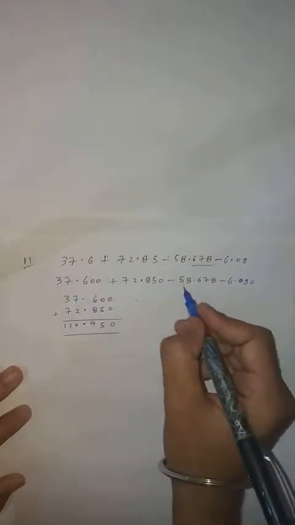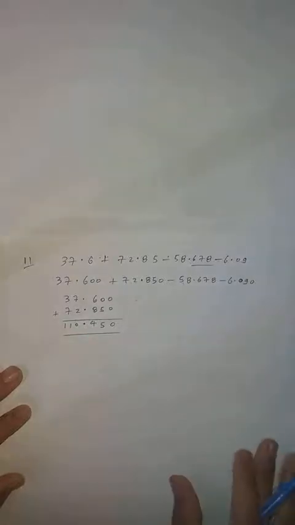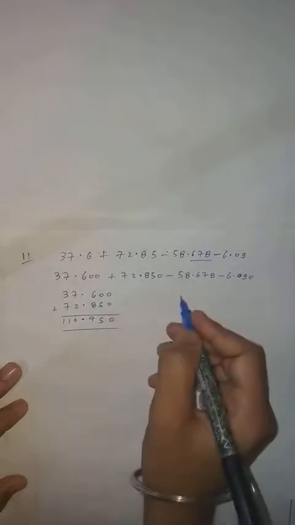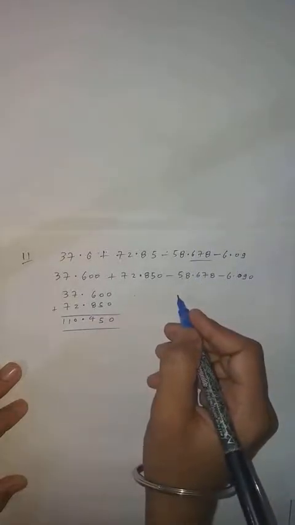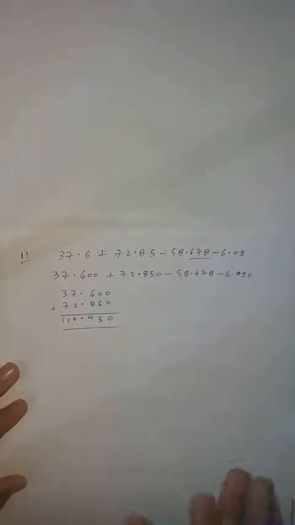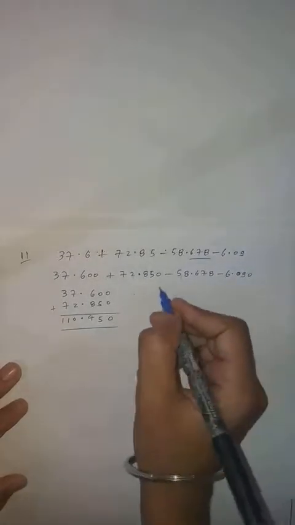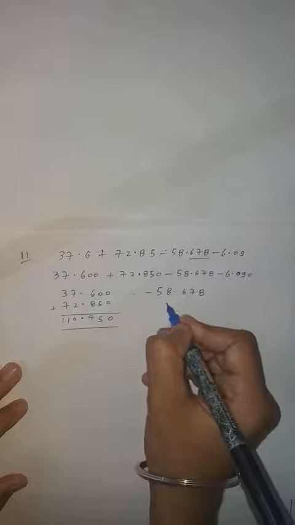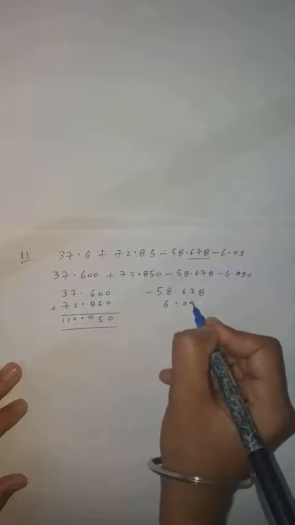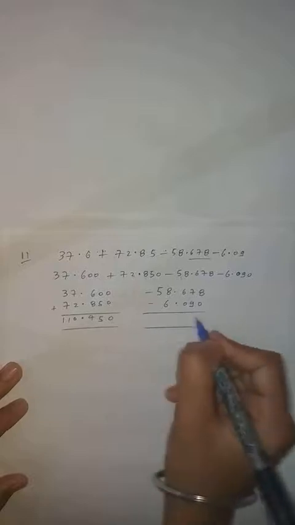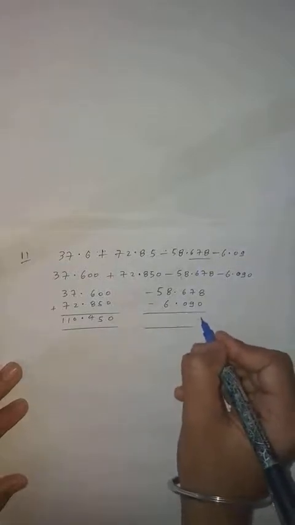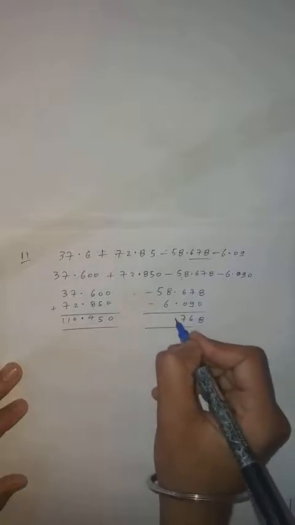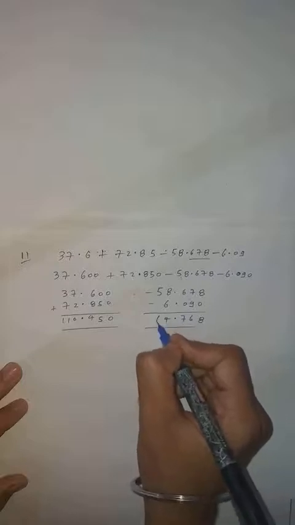Again I explain what in integers. Minus minus is plus, but the sign you have to put is the sign of the greater integer. So this one is greater, so you have to put the sign of what? Minus sign, because the integer which is greater, you have to put the sign of that integer. So write down 58.678, this is in minus, and 6.090. Okay, now I explain what? Minus minus is plus, but the sign you have to put is of the greater integer. So write down 8, 9 plus 7 is 16, 6 plus 1 is 7, because 1 carry, 8 plus 6 is 14, 5 plus 1 is 6, and minus sign.